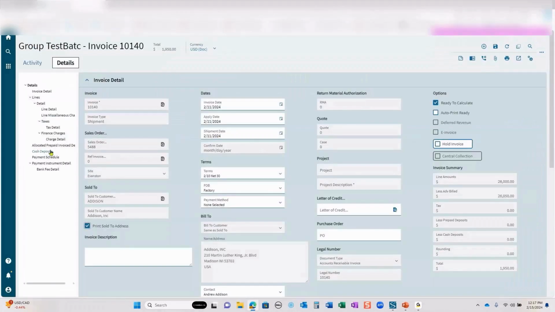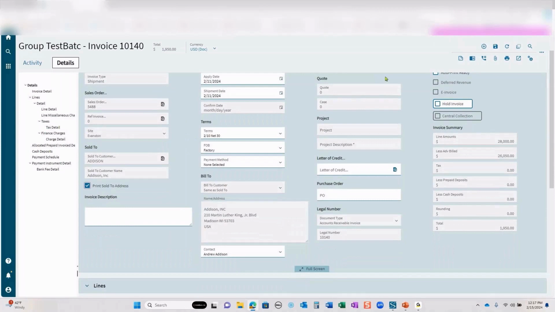This first invoice we can take a look at, and it's just kind of a standard invoice. So remember, it pulled in from shipping. But last week we talked about advanced billings. And you can see here that because this invoice is based on this sales order, so the shipment was attached to the sales order, the advance bill came in automatically. And so it shows you that